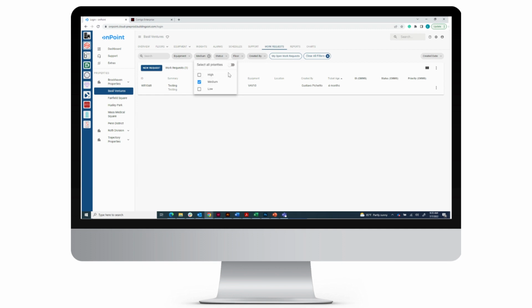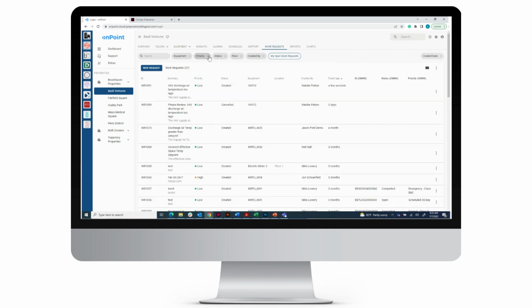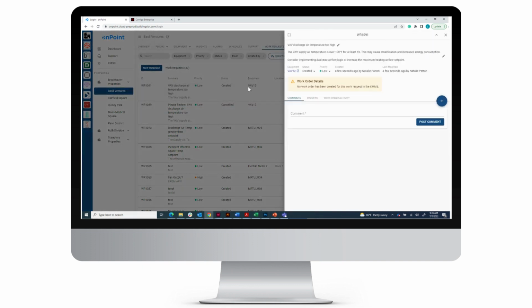onPoint even makes it possible to prioritize and automate work order creation to address critical performance issues without overwhelming your maintenance team. For instance, you can choose to automatically create and send work orders to your maintenance management system only when, say, vibration sensors detect a potential failure. That way, you can be confident that work orders are created for critical issues while also ensuring that maintenance tasks are manageable. And speaking of managing maintenance tasks,